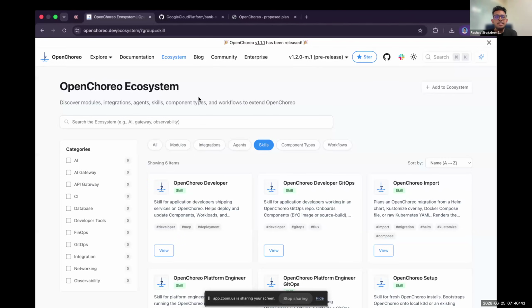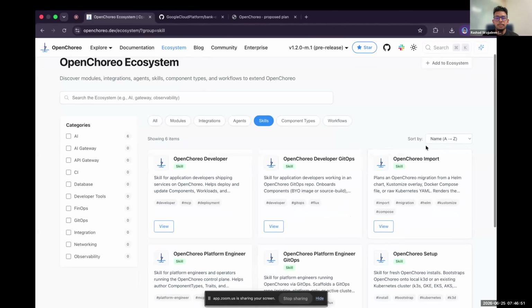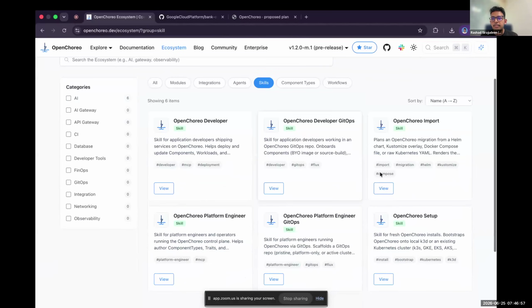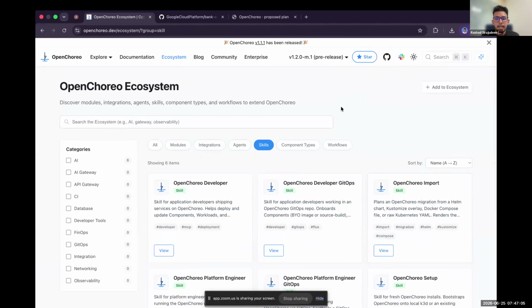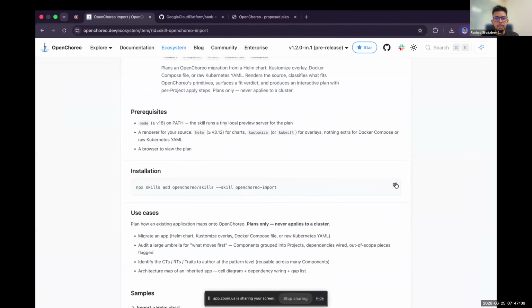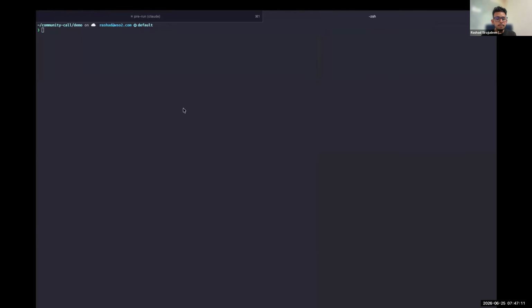Yeah. So hi, I'm Rashad from the OpenChoreo team and also from WSO2. And today I'll be walking you through one of the skills that we have, which is the import skill. We actually do have a bunch of skills available in our ecosystem under skills. What this import skill does is we can basically import any raw Kubernetes deployments into OpenChoreo, and installing it is pretty straightforward. So you just copy this command and